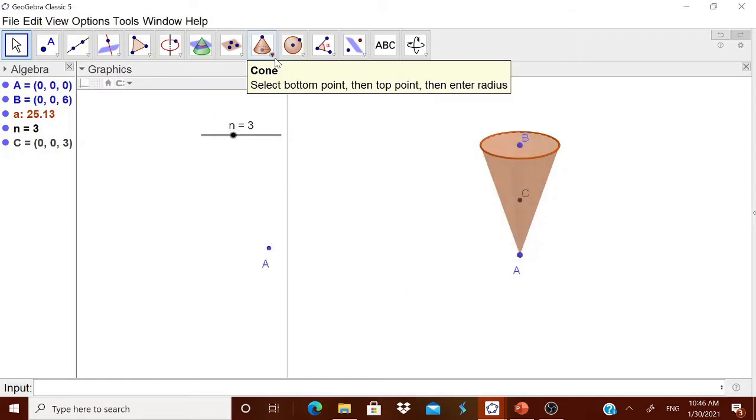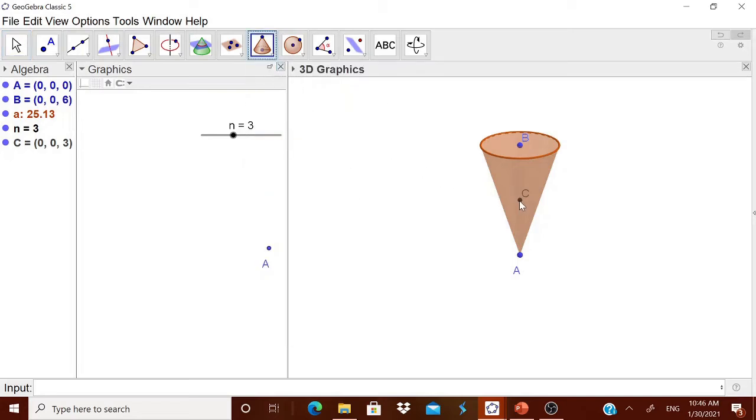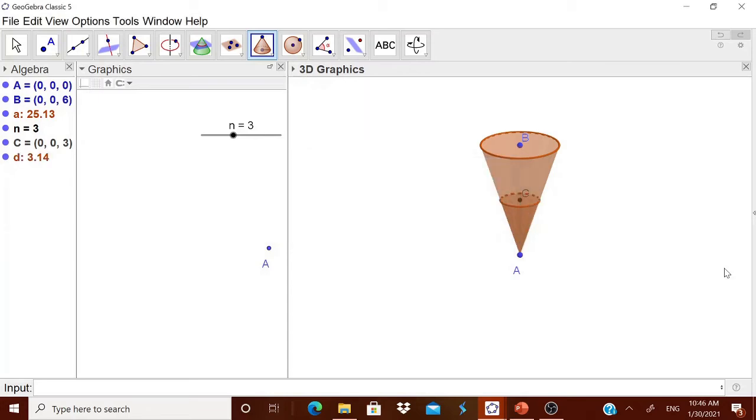Let me again go for this cone tool. Again it asks for the top point. I will touch the top point. I will touch the bottom point. It immediately draws the radius. Remember, the radius should be 1/6 of the previous radius. There it was 2, therefore 2n by 6, so it should be n by 3. Therefore, the radius should be n by 3. Okay, you see, automatically you are getting it inside. Remember, suppose if you are taking the radius as 1, it should be n by 6.